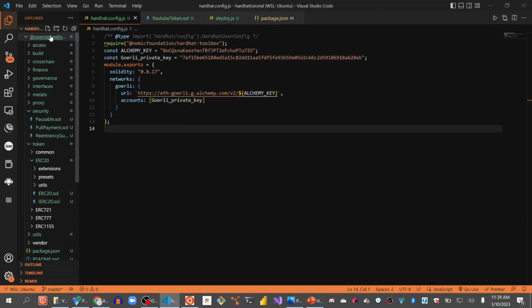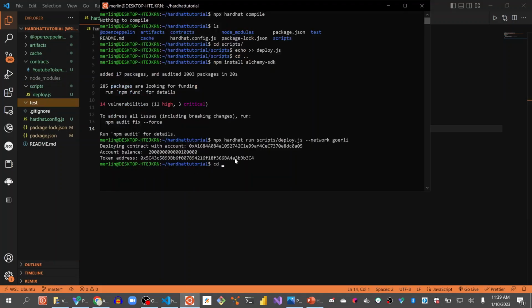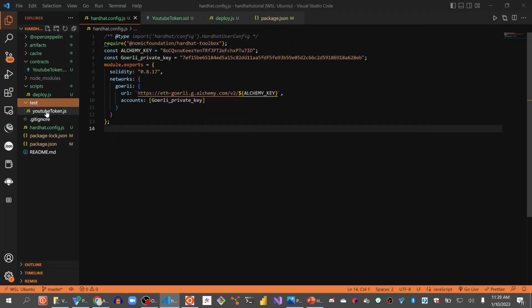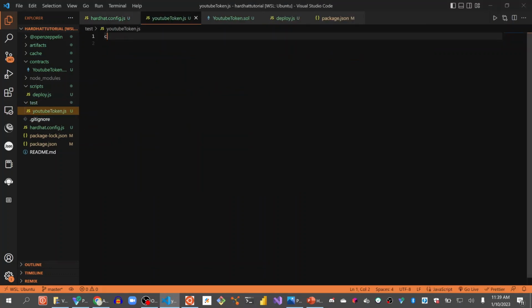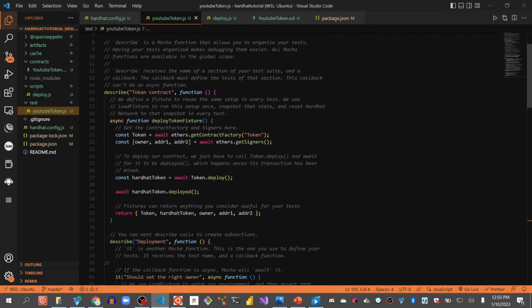And then we're going to move on to running the front end. So in our test folder, let's cd into test, and we're going to make a file called YouTube token.js. And now in our test folder, let me just break this down really quickly, and we can move on to